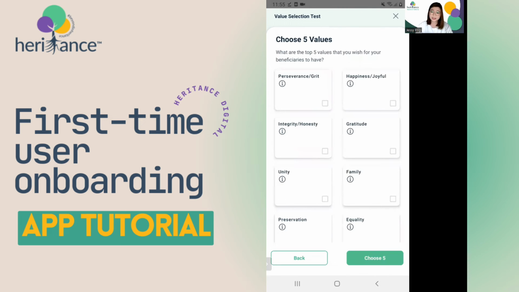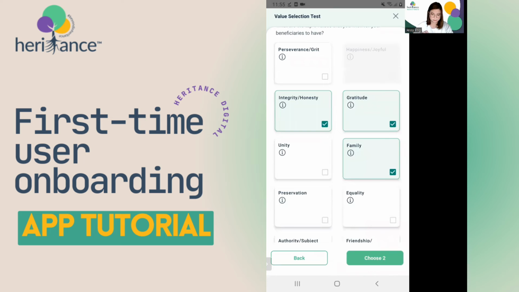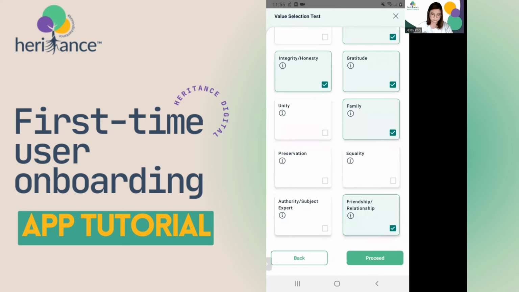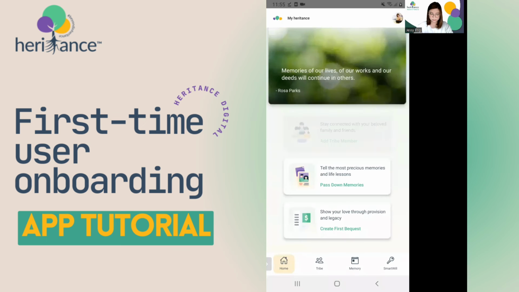Then from the 10 values that you've chosen, we'll ask you to further streamline what else you think is more important. So when you're done,